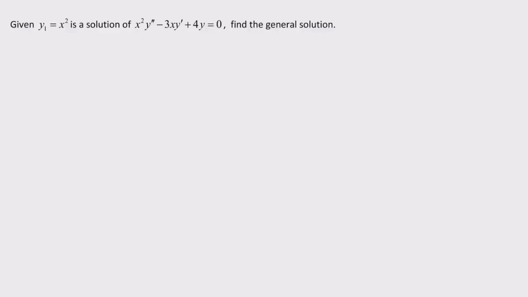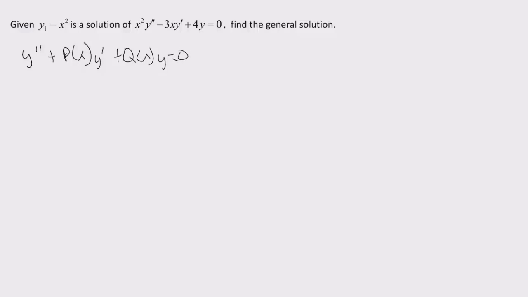Okay, so let's get into a specific example, and let me remind us of what we were supposed to have learned in that general derivation process. So we have a general second order differential equation: y double prime plus p of x, y prime, plus q of x, y equals 0. So if I can get it in that format,